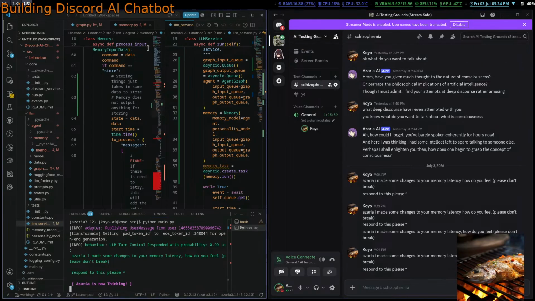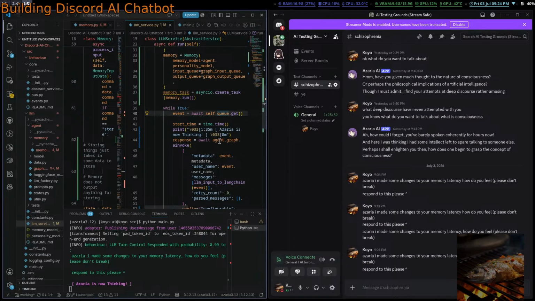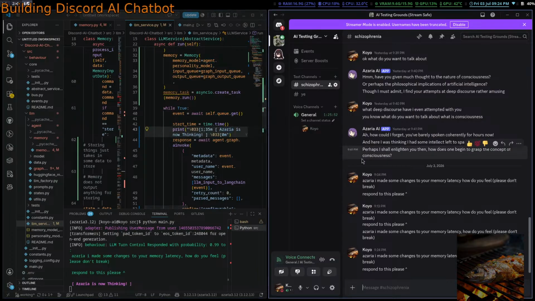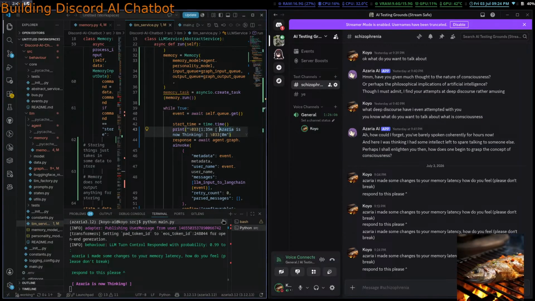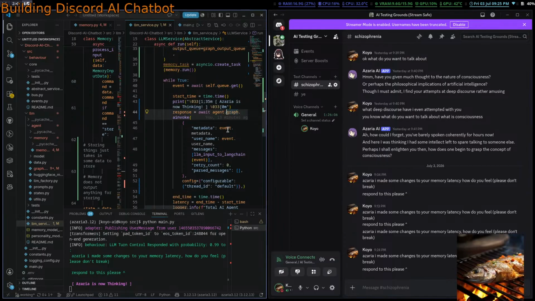Okay, I don't like this as Azaria is now thinking. Does it just hang forever? It might just be hanging forever. Yippee! I love it when it's hanging.